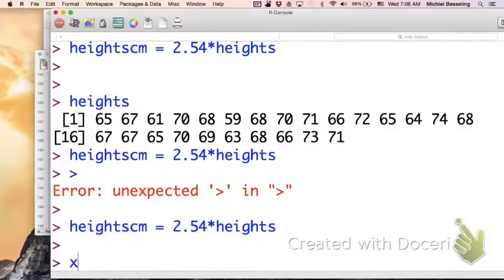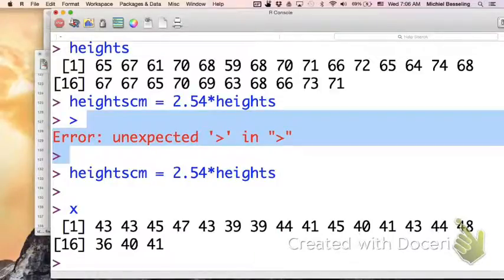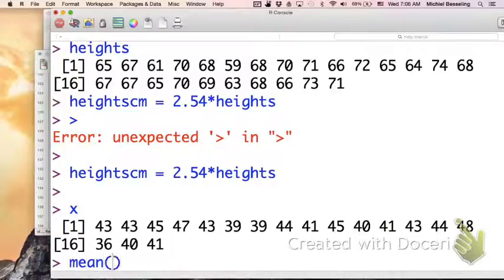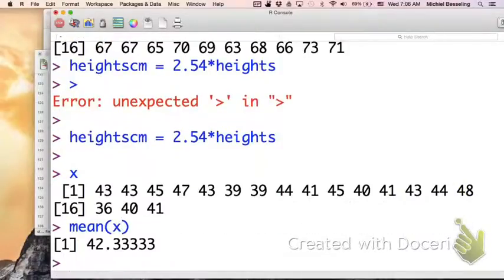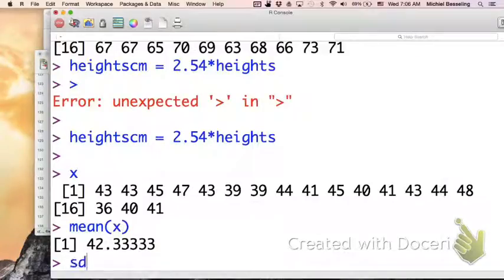A vector, that is. In fact, I have a vector stored. It's this vector x. I don't know what it represents. That was the one that we scanned in. But let's try some of these. Let's see what happens if I find the mean of x. Looks like most numbers are somewhere around 40, low 40s, so hopefully the mean of x is somewhere around there. Bam,